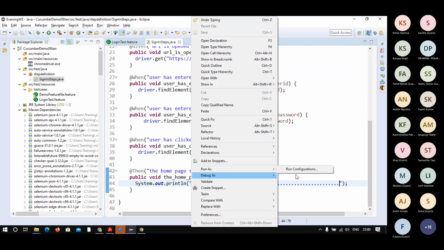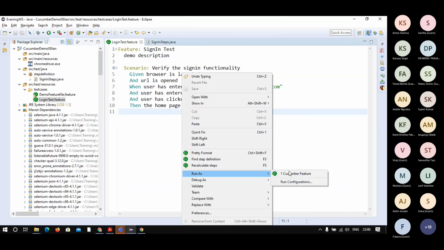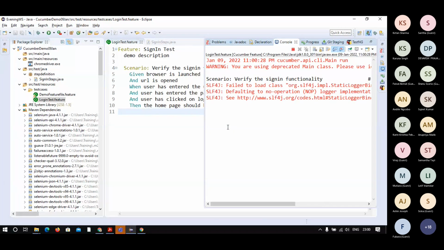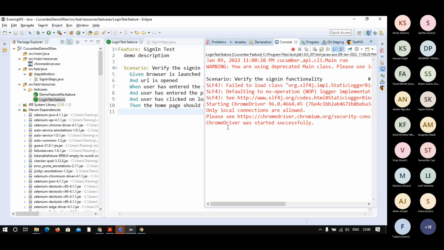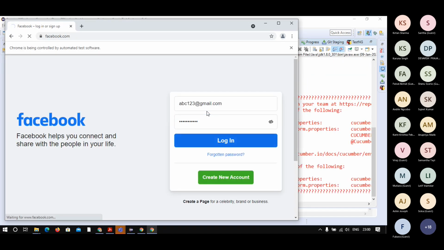Right click, run as Cucumber feature. It's working as expected, you can see here.